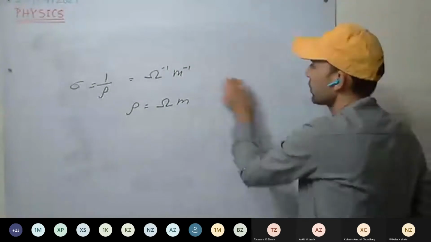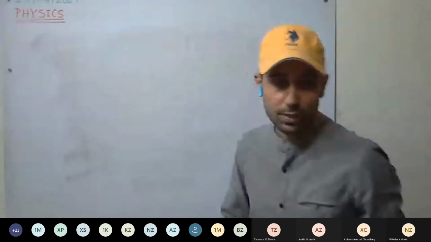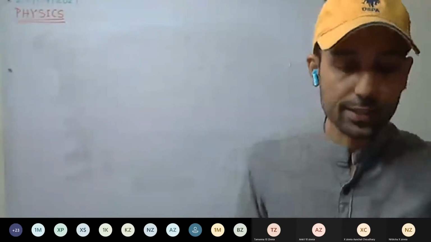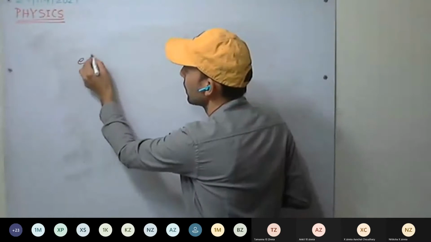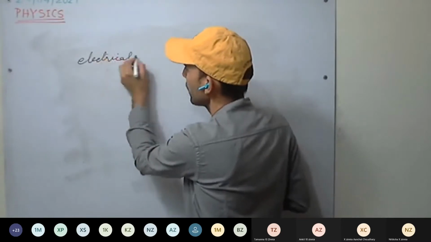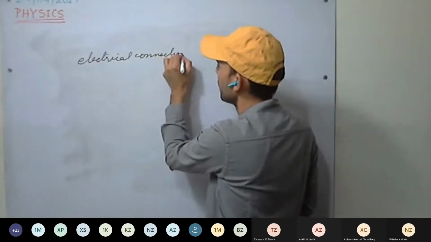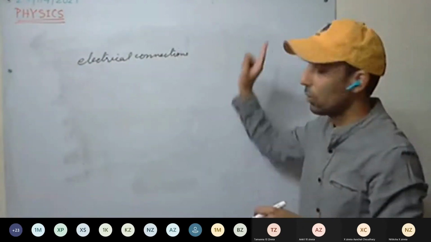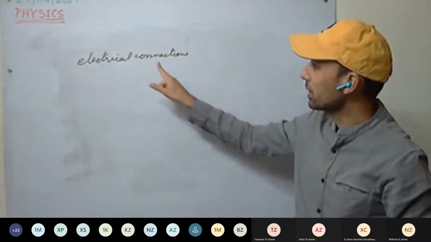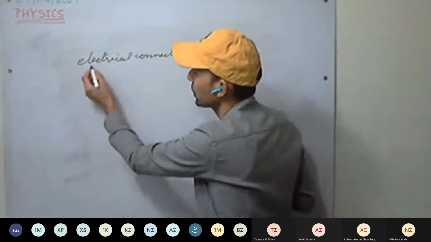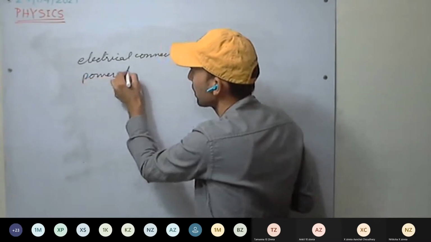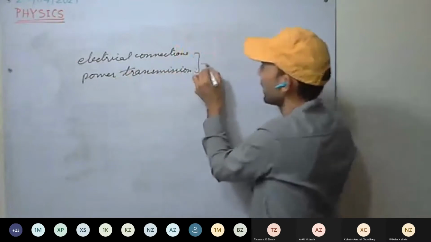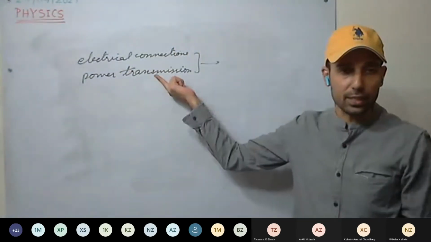Okay. Now, choice of the material of a wire. For example, first we are using wire for electrical connections or power transmission. Electrical connections we make at home, like bulb to switch, or from the board, our switchboards, or power transmission, that is, power being transmitted. So what kind of wire will we require for making connections or for transmitting power?